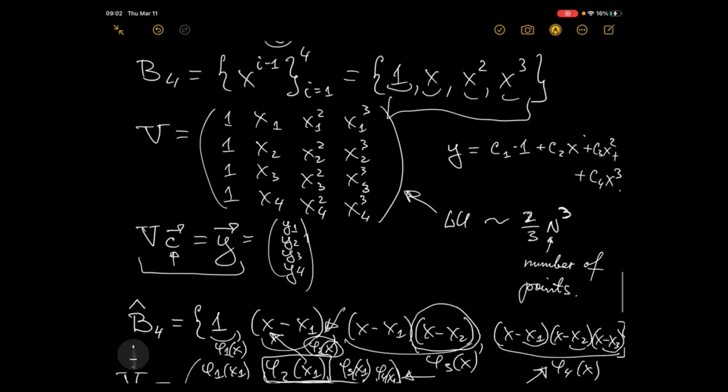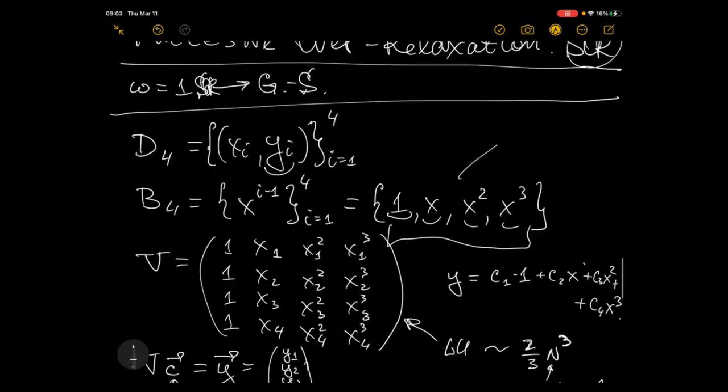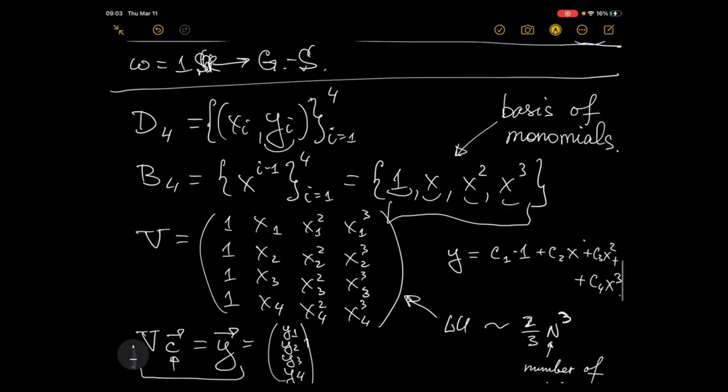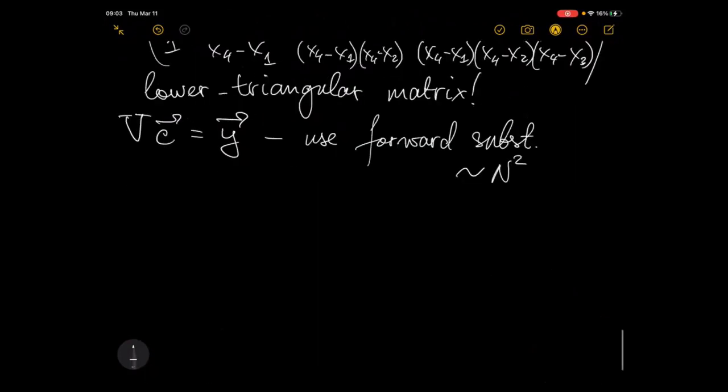This is the basis of monomials, polynomials which contain only one term in the corresponding power, right? So this is x to the 0th power here. This is x to the 1st power, right? Second, third. Here we use a little bit